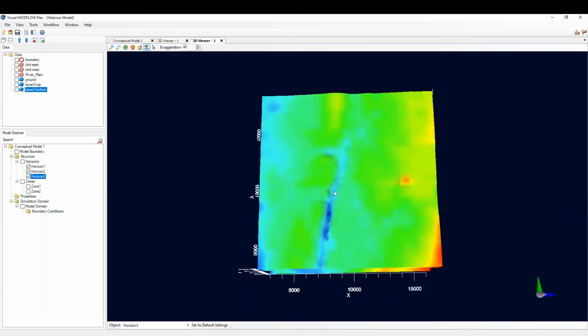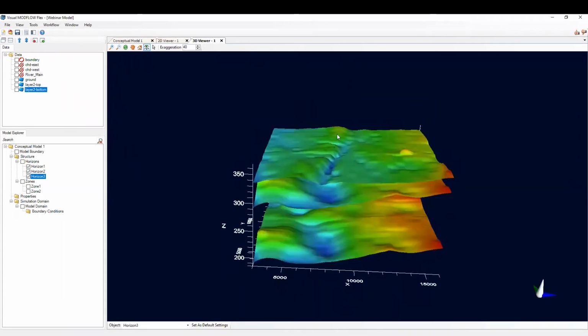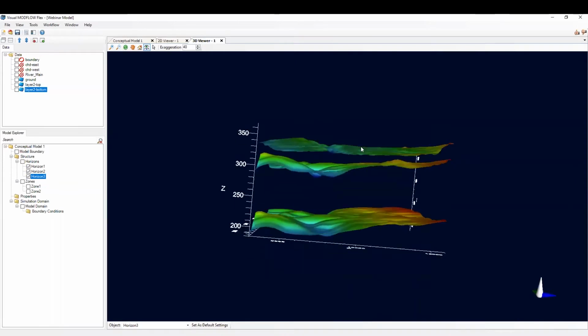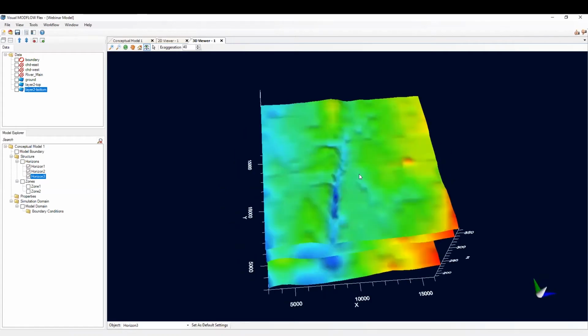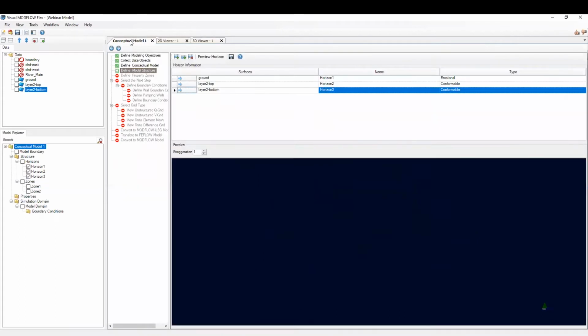But you see that we already see a sort of river topography come here in the middle. And these are the surfaces that are going to form the 2 solids that we need to define for the hydrogeological units. So we'll go back to the conceptual model menu, and